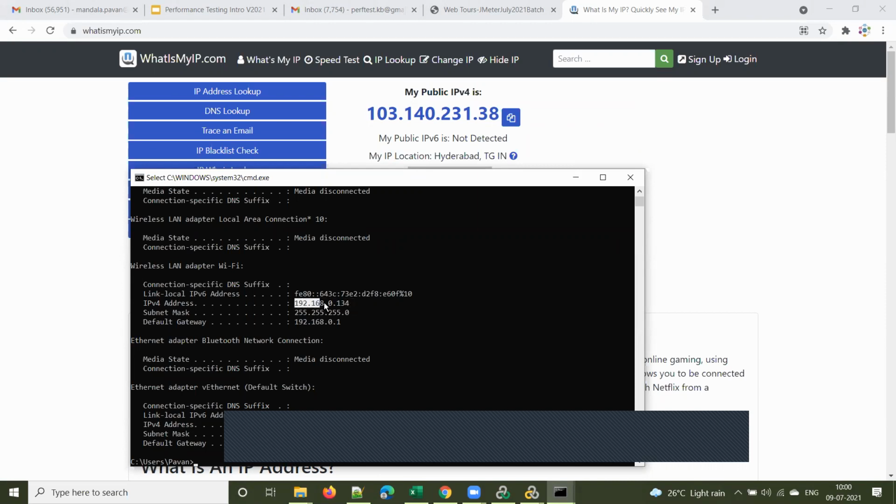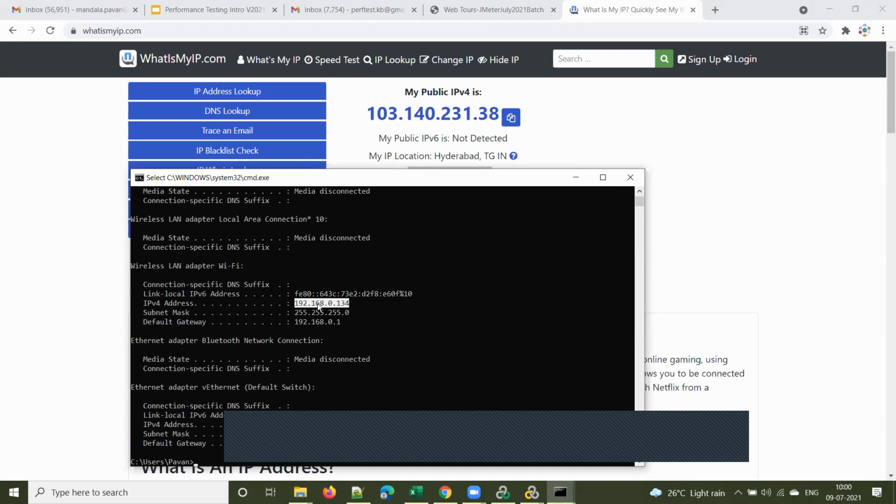The 0 should be read as O. In IT, we pronounce this 0 as O. So this is your private IP, 192.168.0.134.